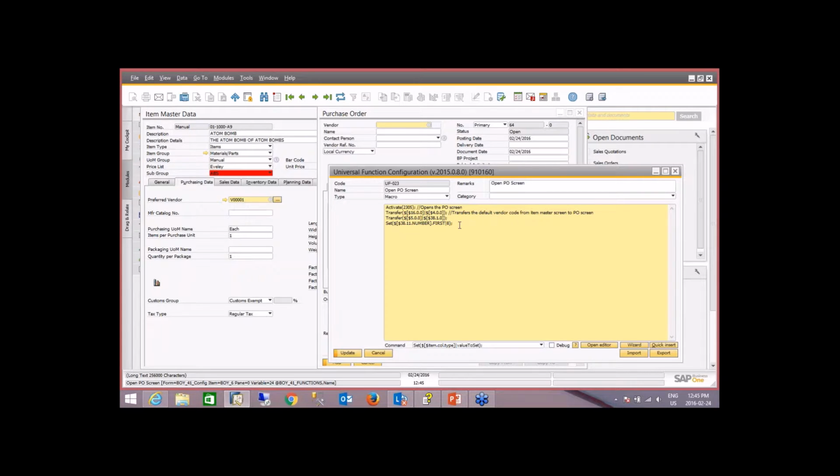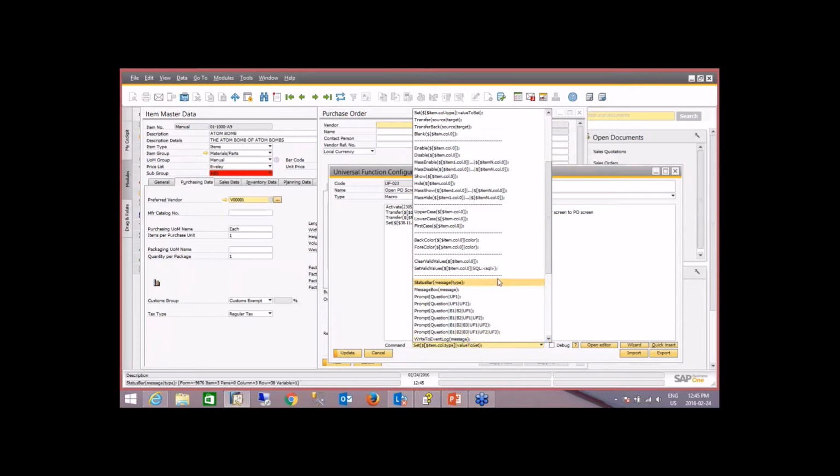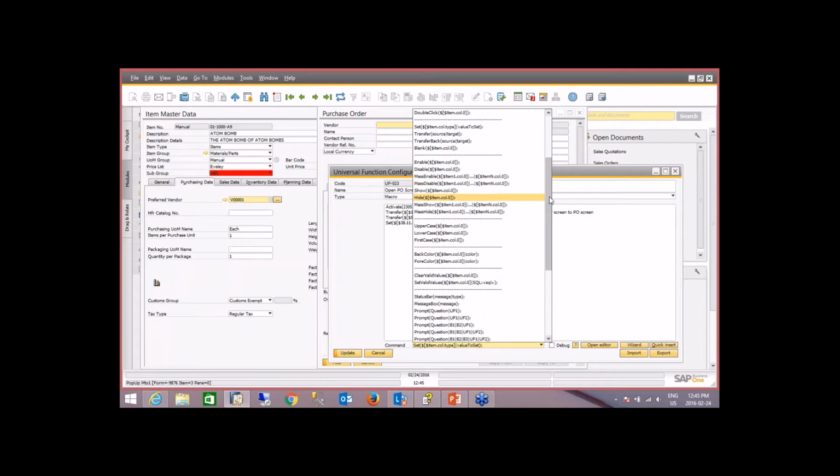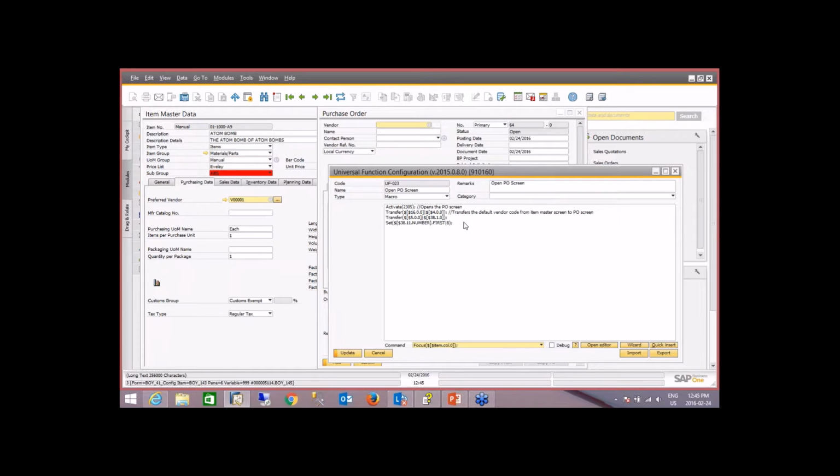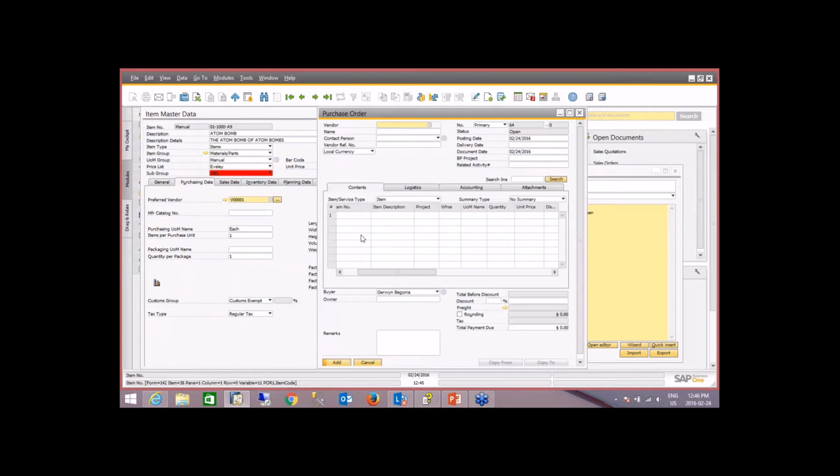And then what I want to do after I set that quantity is have the cursor appear on the last row of my purchase order screen. So we're going to use another macro command called focus. Again, all focus does is place the cursor into a specific field. In this case, I want the focus to be on the item code field right here